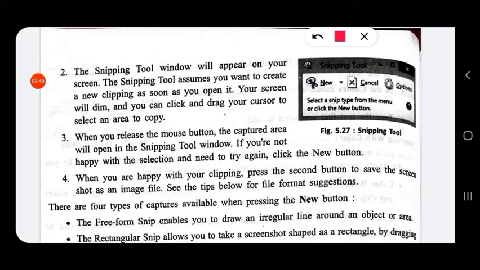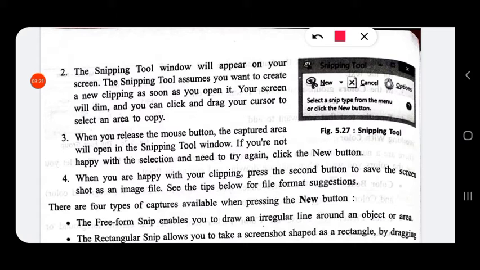With the help of the cursor we can drag to select the area we want. That area will appear in a clear form. First it will be dim, and the area we select will clearly appear. When you release the mouse button, the captured area will open in the snipping tool window.